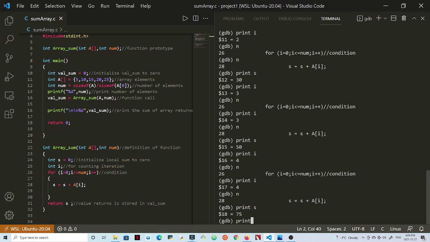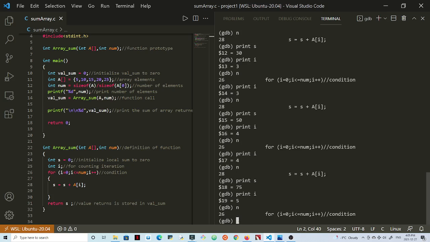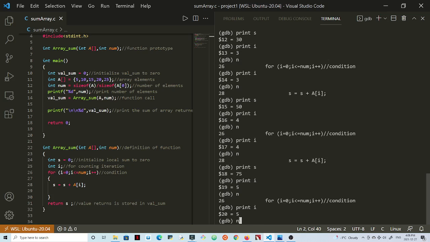Now let's print I back. Print I. So I is now 5. After you print A of 4, I is incremented here, right? So I is now 5. Now I notice that the number of elements is 5, but I had this equal sign here. So look at what happens. When I hit next and I print I, still 5, but now going to this loop,